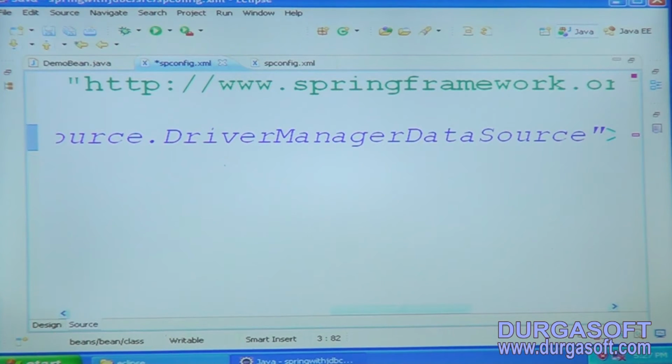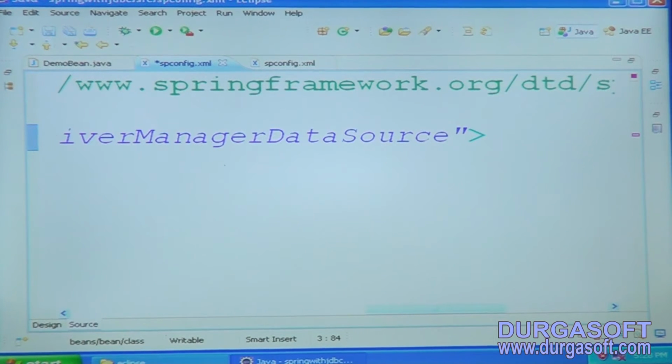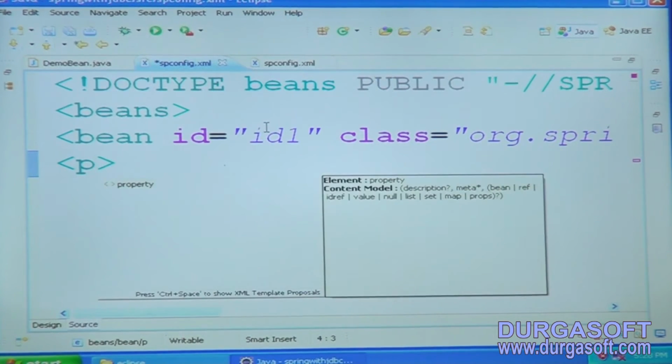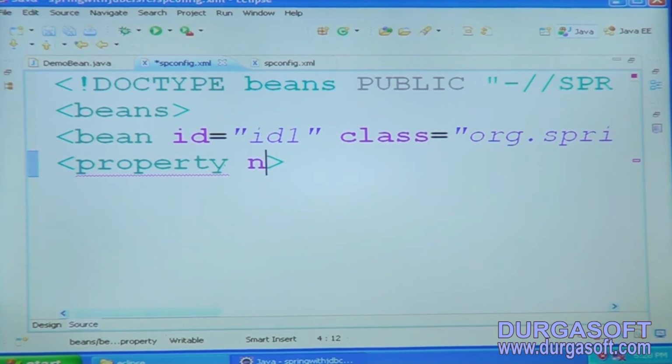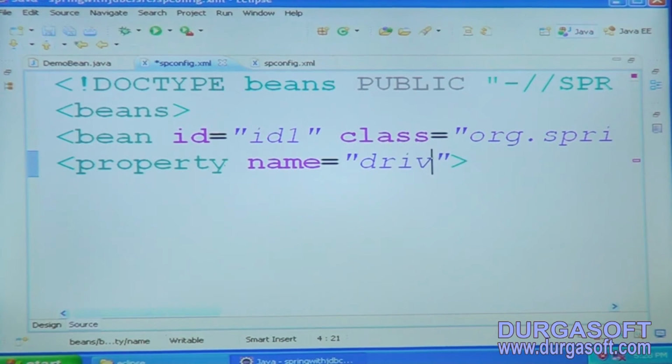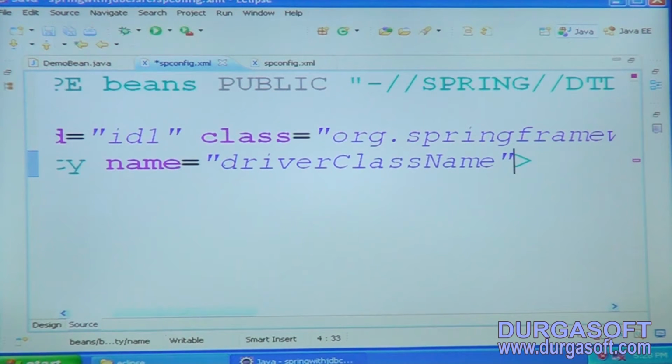The next, property name is equal to driverClassName. Now value is equal to,